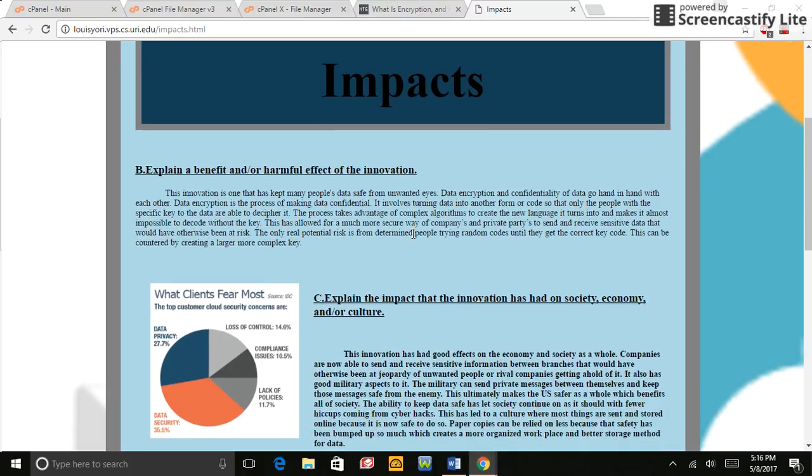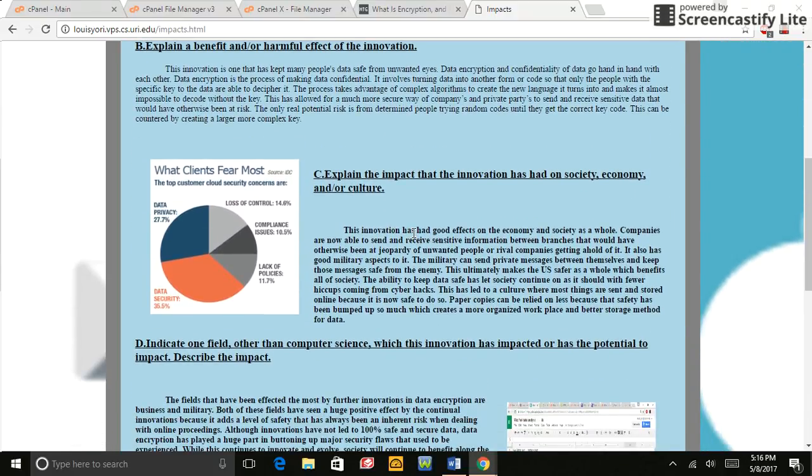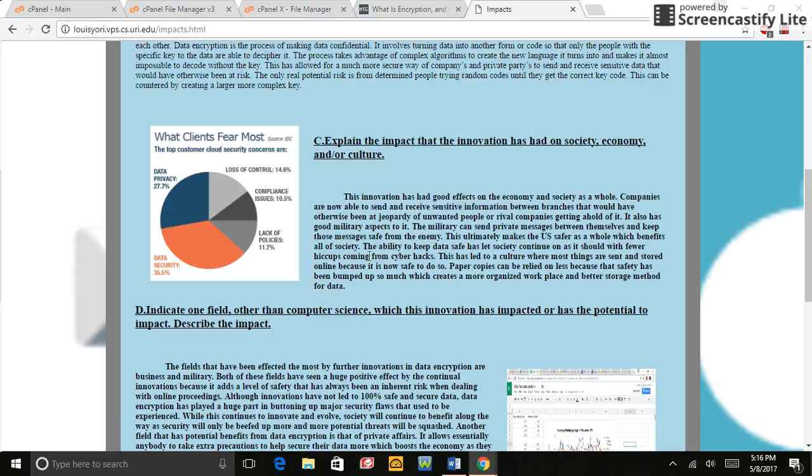My next prompt is explain the impact that the innovation has had on society and economy and our culture. And really, that's an enormous, enormous impact that it's had because, like I said, technology is forever advancing, and we really need this kind of stuff when it comes to the government, when it comes to the military, and when it comes to everyday use. The government can now keep messages and data that they have safe and secure. So there's not really, well, there is a chance, but there's less of a chance that things are going to go wrong